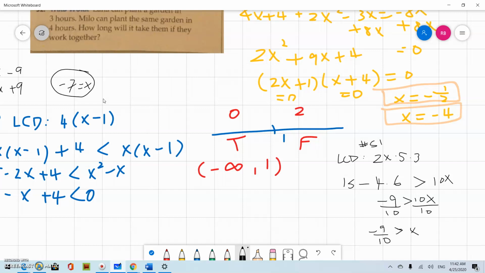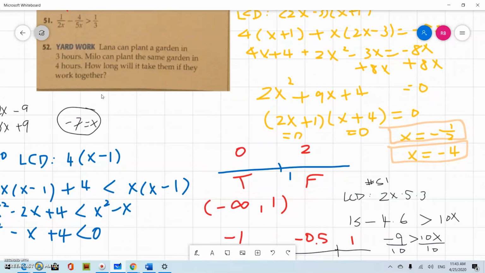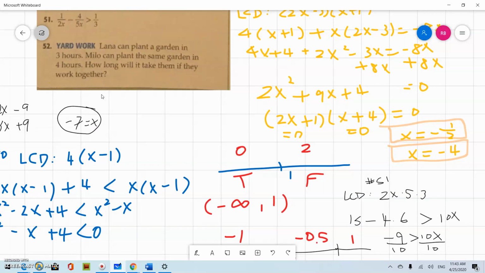But remember, we just assume it to be an equal sign. So basically, in our number line here, one of the numbers is negative 9 over 10. And then the other number is 0 because we cannot have 0 as a denominator here. So then we choose the numbers negative 1, negative 0.5, and 1. And then we plug them in. When you plug it in, it's negative